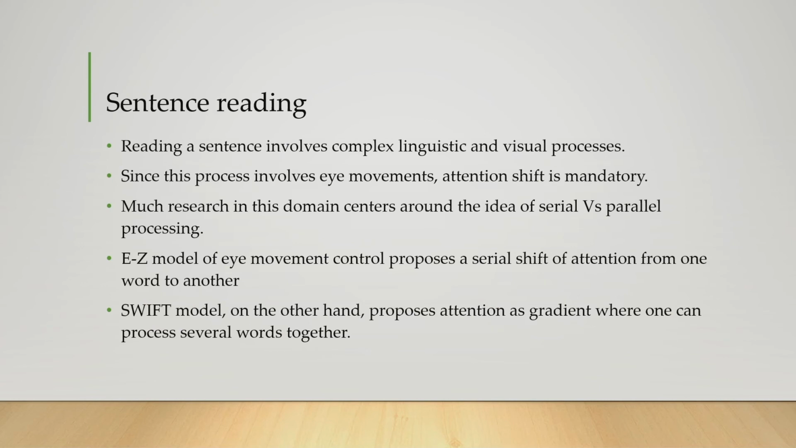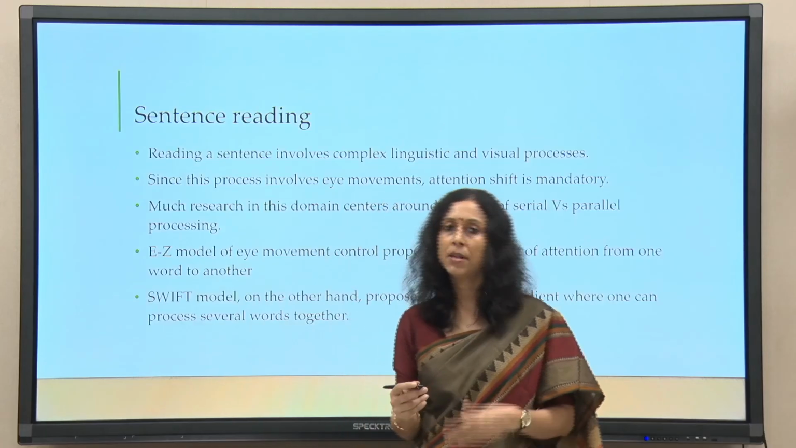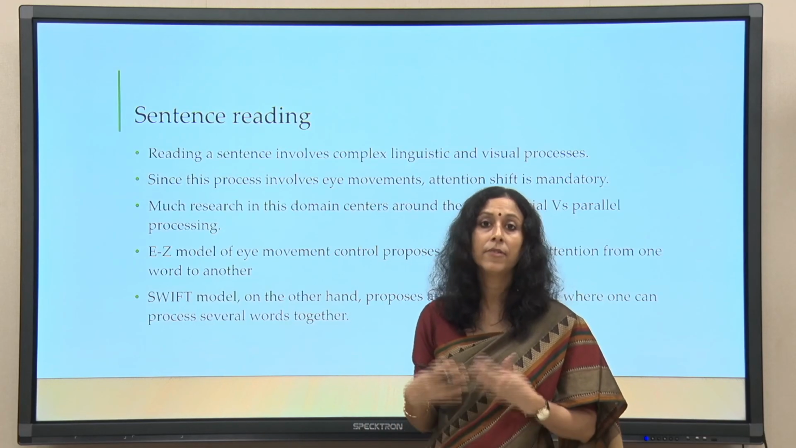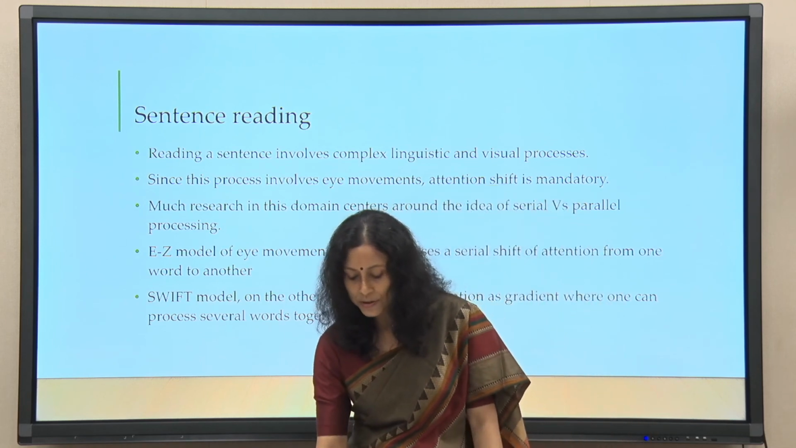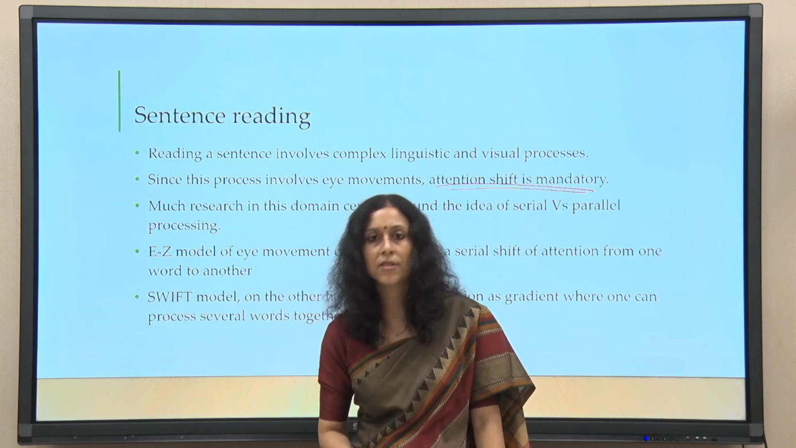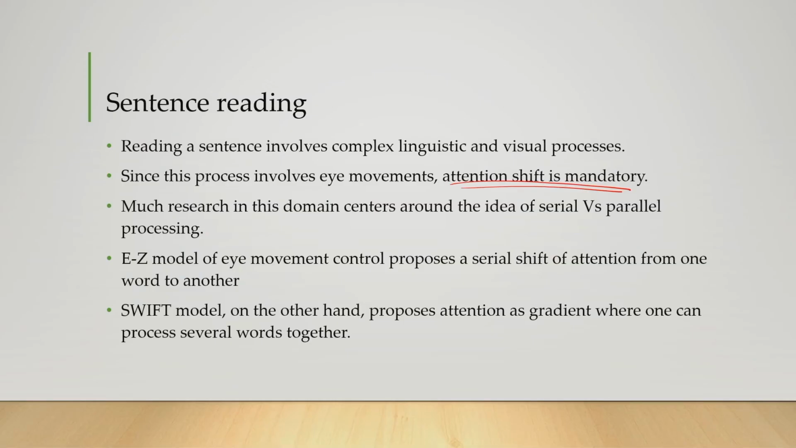So, in case of sentence reading, reading a sentence is basically a complex process that involves both linguistic and visual processes, right. Since this process involves eye movement, in case of sighted people, naturally it involves visual attention, that is something we have already seen. So, attention shift is also mandatory. We shift attention from one word to another and that is how we read. Most of the research in this domain, basically we have looked at